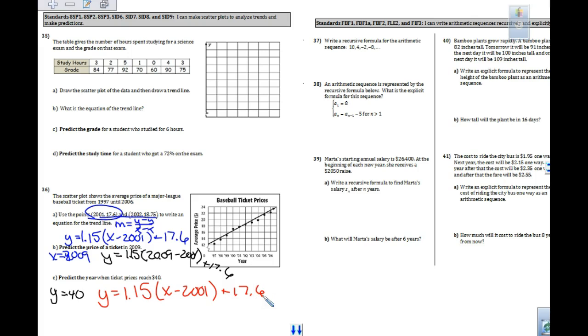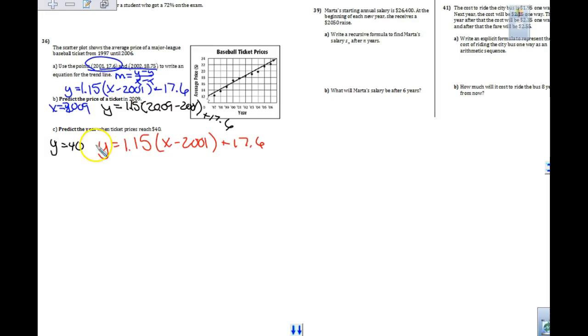Do you have to change it to slope-intercept? No. But in this equation, what I was looking for you doing is replacing this with 40, and using your distributive property and multiplying that and getting down here what is x equal. And someone said, well, this is a really weird big number when I multiply. Yes, it is, right? So as